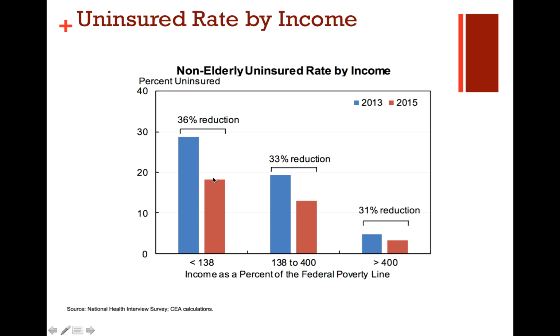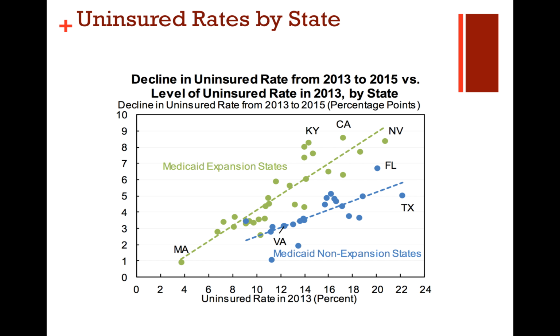With the change in the Affordable Care Act, we've actually seen reductions in uninsured across the board, from the individuals who have the highest incomes to individuals with the lowest incomes. We haven't done away with uninsured entirely, but we've made significant progress in reducing those numbers. Again, this is looking at the decline. So as these numbers get higher, that's actually a better thing.